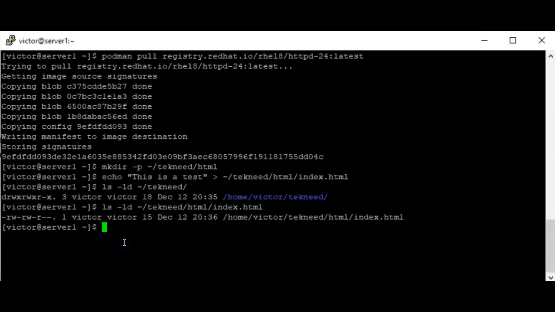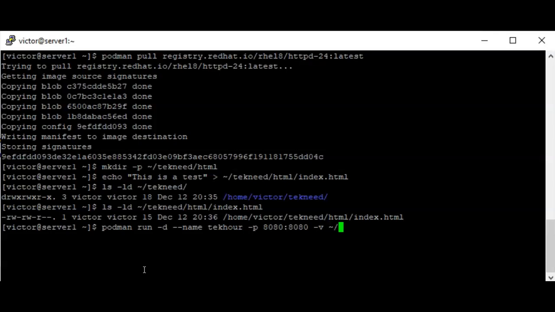So to create the container, we're going to use podman. We're going to say run. I want to detach the container, which is the -d option, and I want to name this container tech-har. Don't forget that in the previous video we mentioned that if you don't give a container a name, it's going to give it a random name. This is -p, which is the port option. So I'm saying forward port 8080 on the container host to 8080 on the container, and this is the -v, which means volume option. So I'm going to be attaching